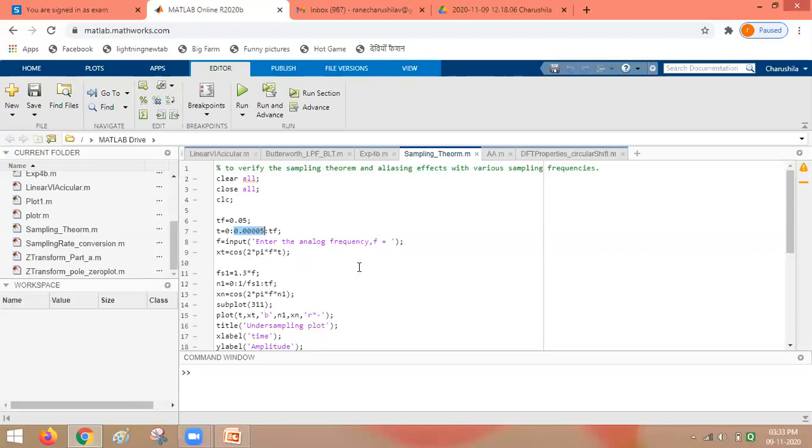Then whatever is the original signal we are going to generate. To generate that signal, the input frequency is accepted through keyboard from user by using the instruction input.